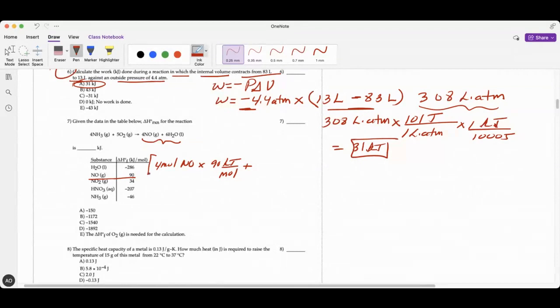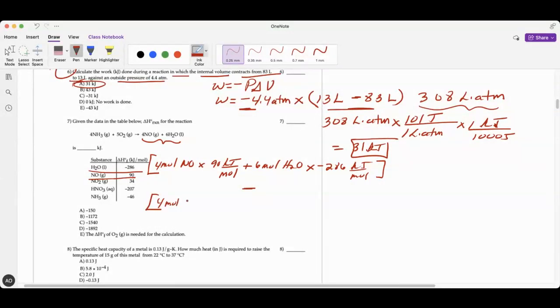And then we'll add to that 6 moles of liquid water, which is a negative 286 kilojoules per mole. I'll put that in brackets,